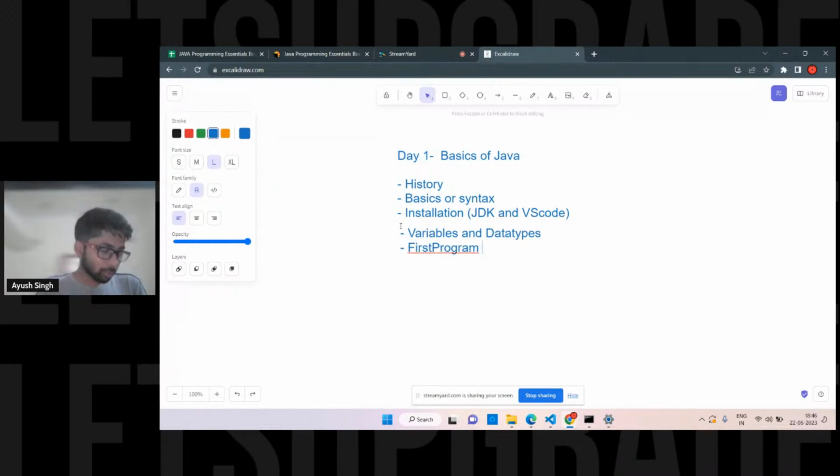So anyone knows about this Java? What is this Java? Okay, so you know about the VS Code. Yeah, it is a text editor, right? It is a text editor. So this is quite easy, user friendly. That's why I'm using this VS Code. You can use any editor, any IDE for that. Either you can use VS Code, Eclipse, or IntelliJ IDEA. It's up to you what you're going to use. IntelliJ also you can use, but it's not user friendly for the beginners. That's why we're sticking to VS Code.